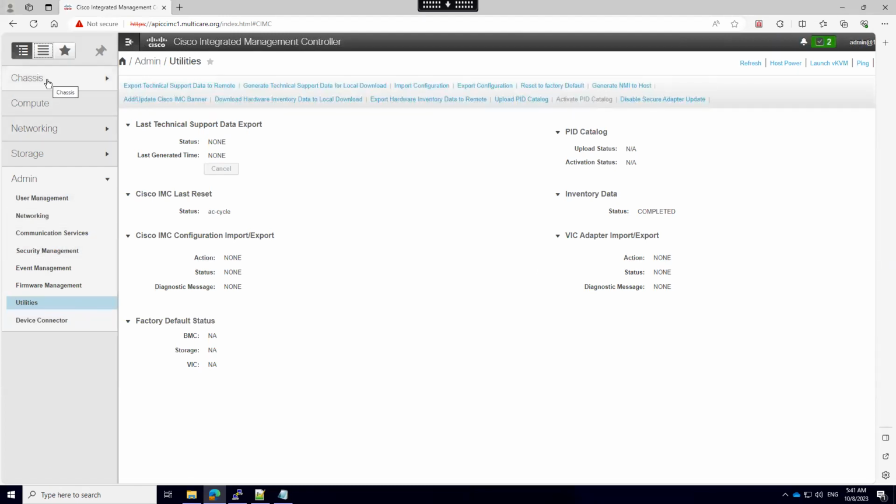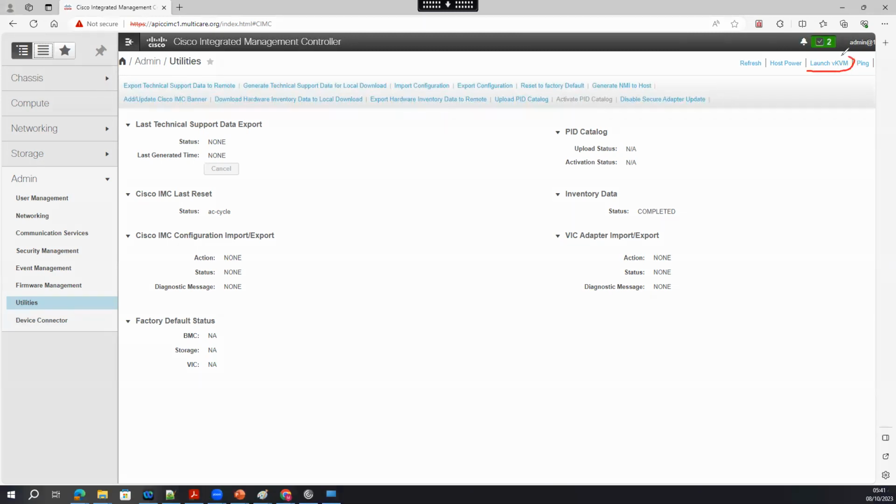Now, the second thing is how you get to the CIMC. This is the graphical interface where you configure the ACI, right? If you see the right side corner, you will see Launch KVM. From the CIMC interface, there are multiple functionalities. You can reboot, you can shut down the hardware, you can configure the ACI, you can do the upgrade. Upgrade for what? CIMC and APIC image upgrade. You can do it from here.